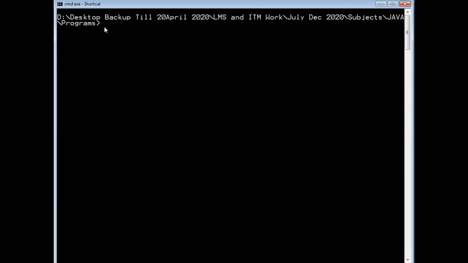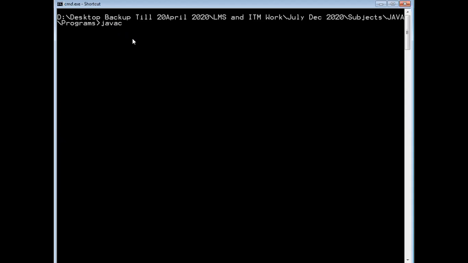Now if we talk about how to run a program, for running the program we have two steps. First one, compile the program. For compilation, we write javac. See one thing here, I write these things after reaching the respective path. Why do I need to do this? Because I want to fetch the data easily from the respective folder.